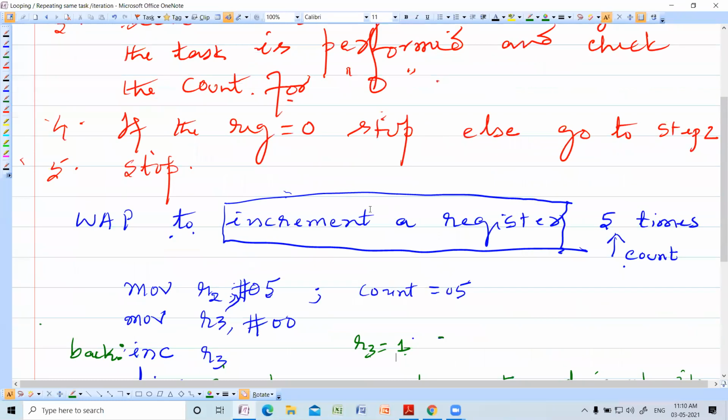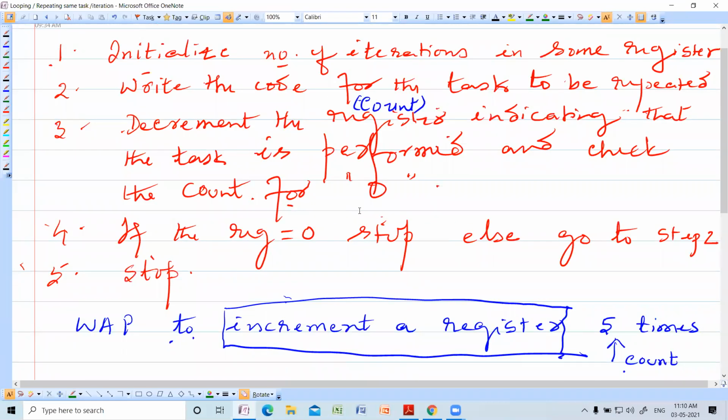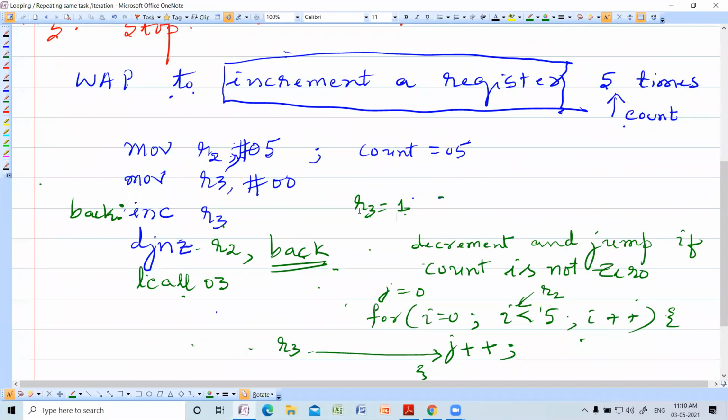Now, algorithm step number 3, we say decrement the count, indicating that the task is performed once, and check the count for 0. Decrement and jump if count is not 0. That is the instruction DJNZ.